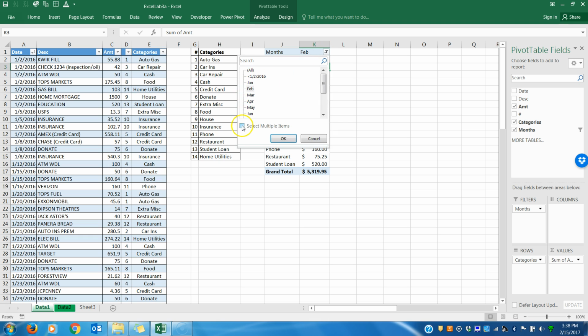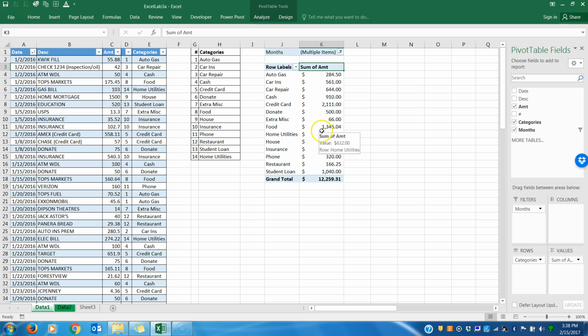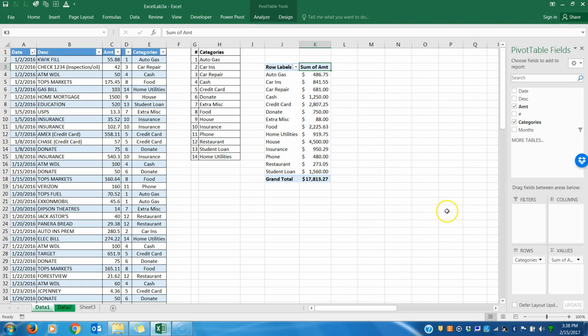What if I wanted to see multiple items, both January and February? There's my spending in the first 2 months. Now this is great, looks good, it's workable, but could I make it more user-friendly? Always think of the end user. Let's take the months and move it out of the filters, but we still have it now here in our